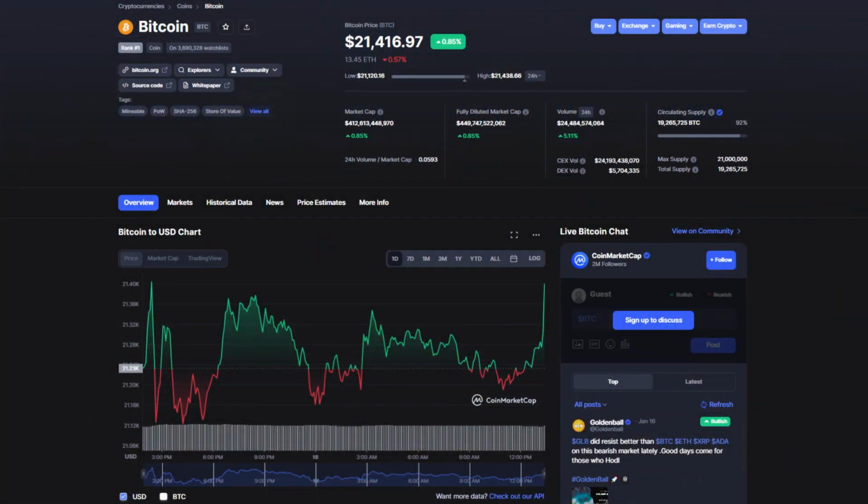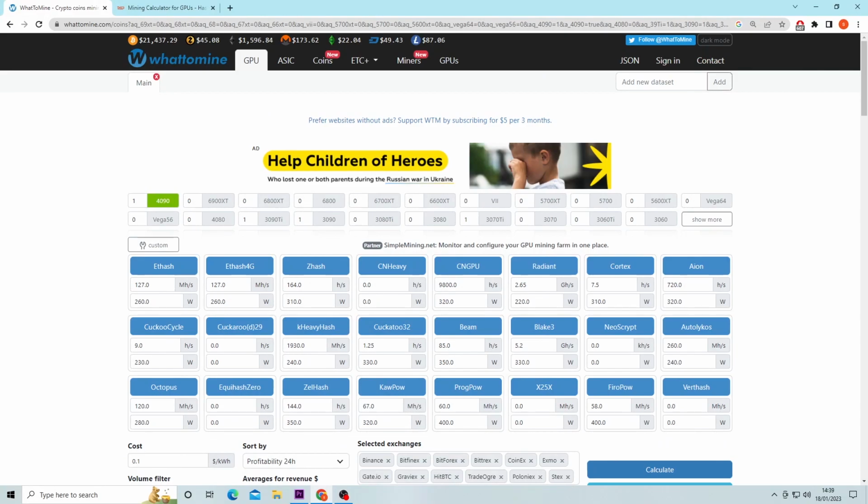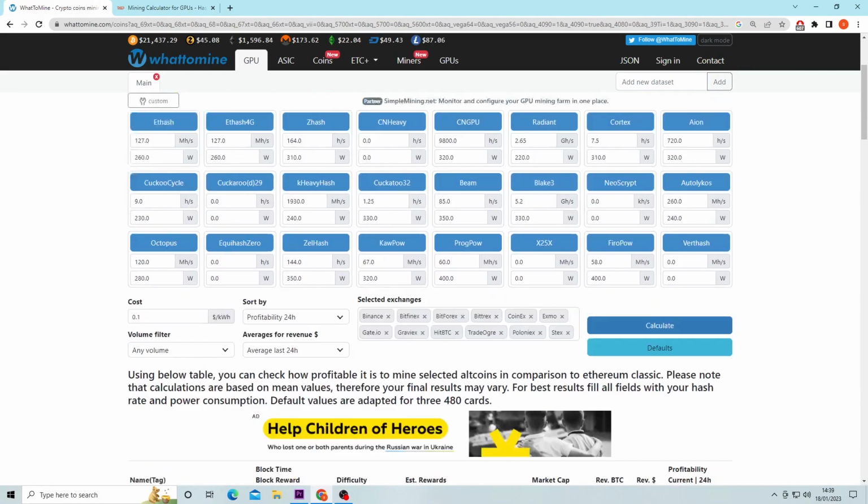So because of the price movement in Bitcoin, the whole market has started to rise. Now we just need to look for what coins are profitable and what cards are best for that coin. Now you could use WhatToMine to get an average look at what GPUs, but I'd prefer to use